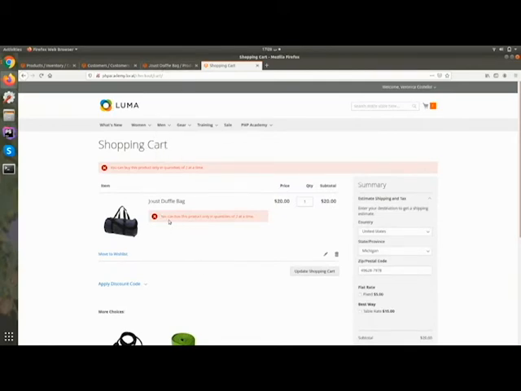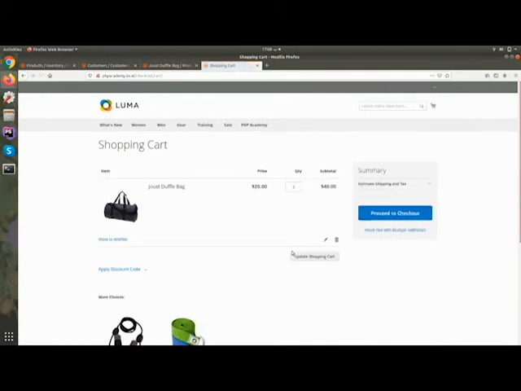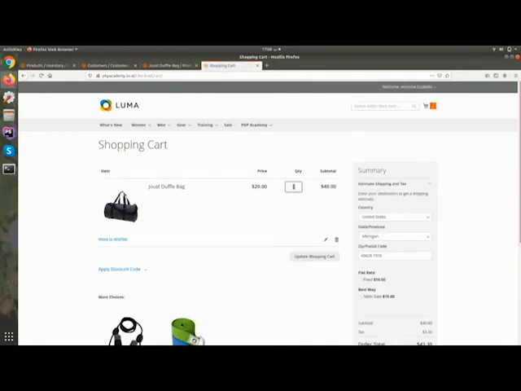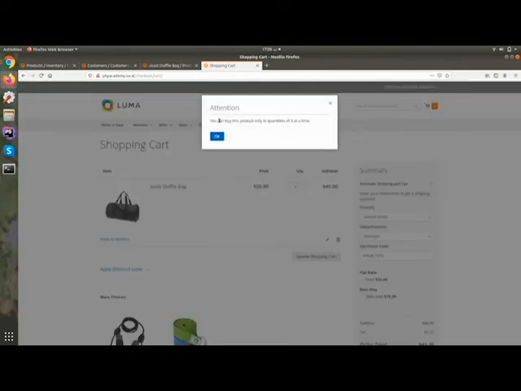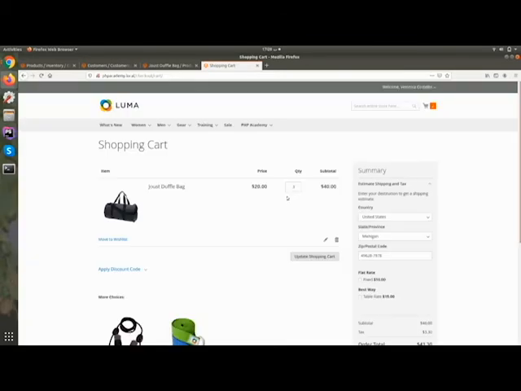Here you can see that you can buy this product only in quantities of 2 at a time. Now if you set 3, it will say you can buy this product only in quantities of 2 at a time. So you have to increment by 2 only.